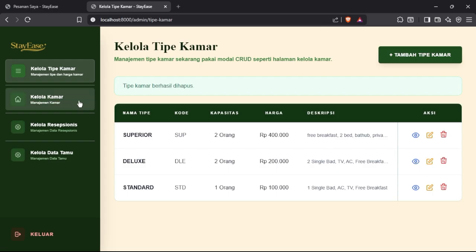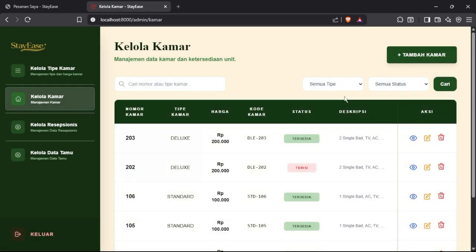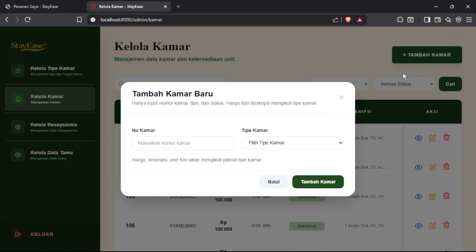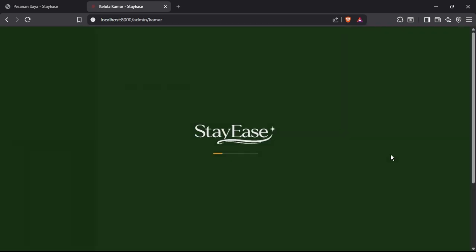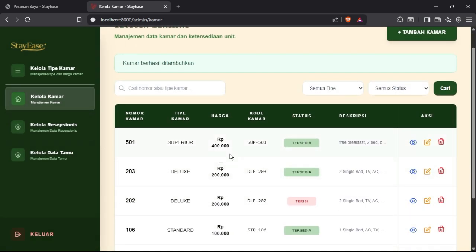Then we move to manage room. Here the admin can add a room by clicking add room and then inputting the room number and also the type that we already inserted. This data will be added.